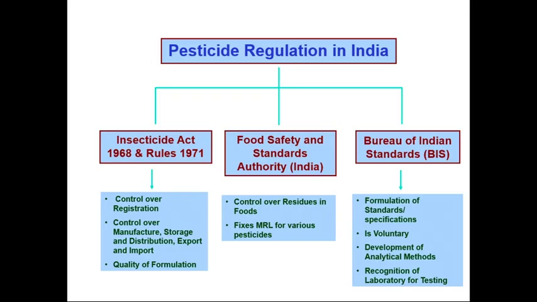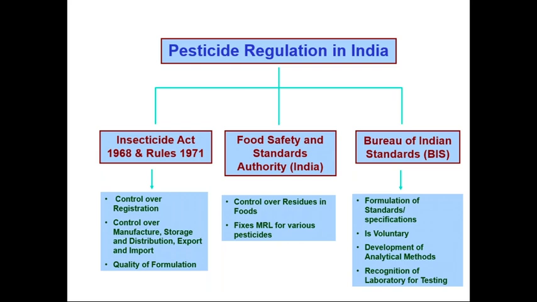So how are pesticides regulated in India? We have the Insecticide Act 1968 and Rules 1971. This comes under the Agricultural Ministry. All pesticides to be used in the country have to be registered, and they have a number. This act controls the manufacture, storage, distribution, export, and import, and it also sets the standards for the